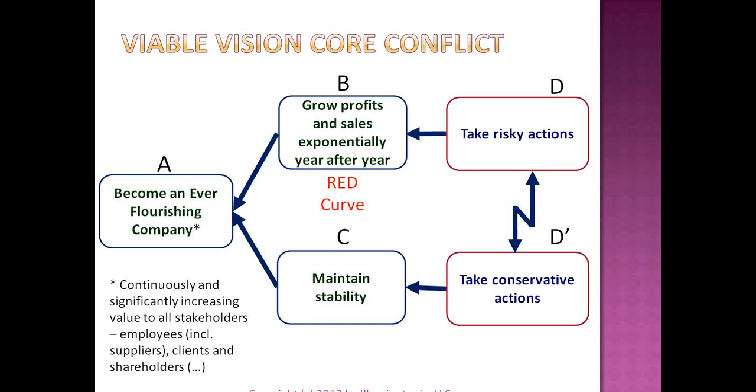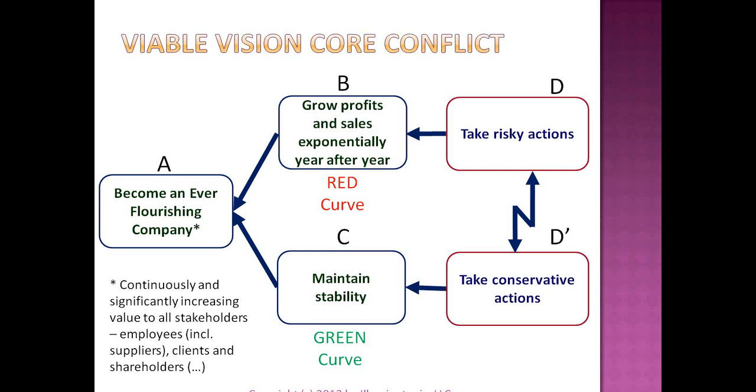On the other side, the conflict is, in order to become an ever-flourishing company, we must maintain stability, which is what Eli referred to as the green curve. And he called them the red and green curve because those were the color markers he was using when he first described them. But the green curve is about stability. Stability of the organization, it must be stable